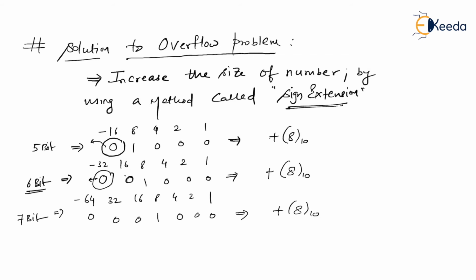So let's see how we can go for minus 8 to the base 10, as well as we will see how minus 8 to the base 10 can be represented using 5-bit, 6-bit and 7-bit by the concept called sign extension. Then you will understand the meaning of sign extension. Okay, let's see. So let us use 4-bit first. By using 4-bit, I hope you remember -8421 was the representation.